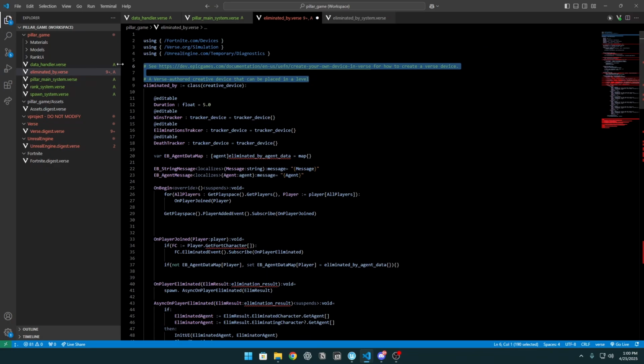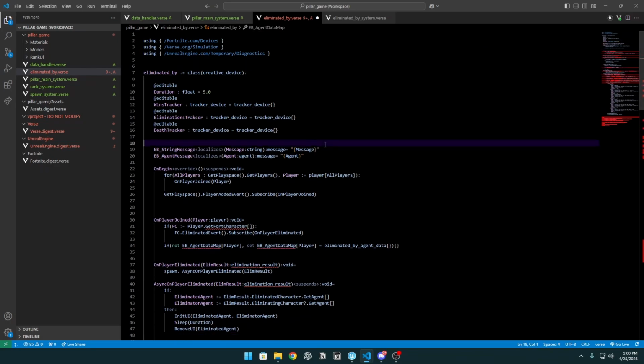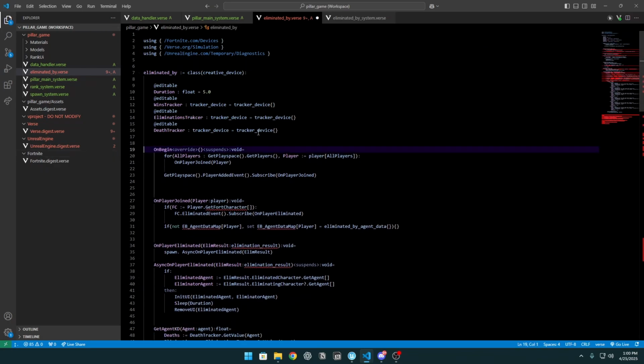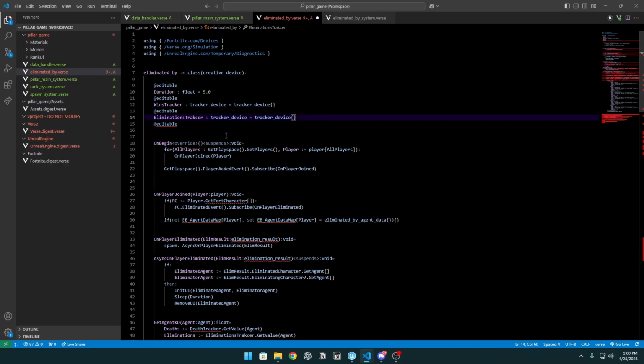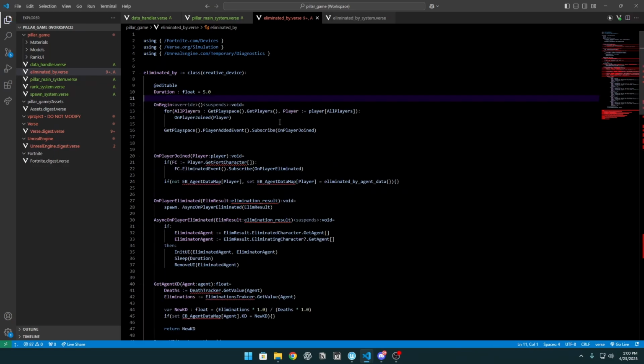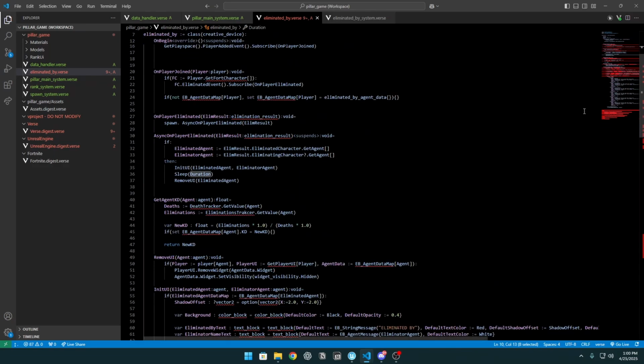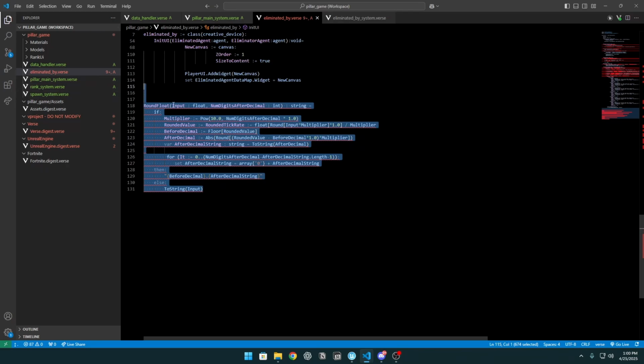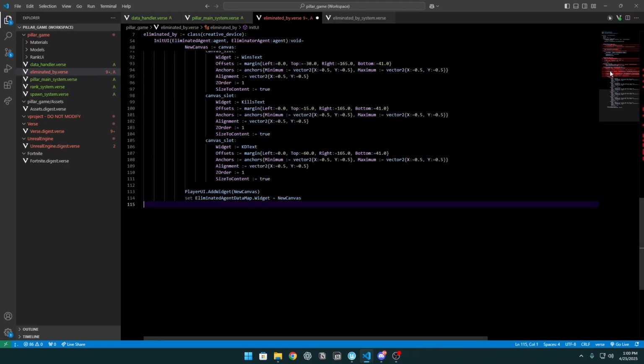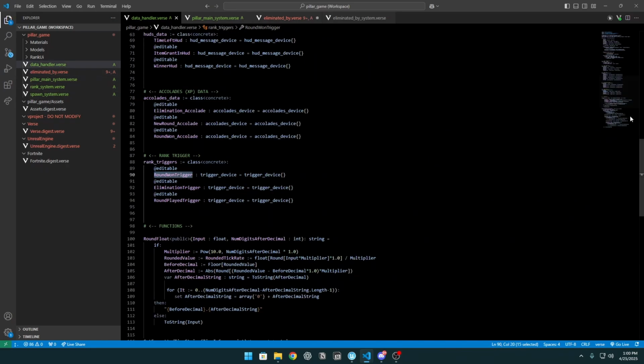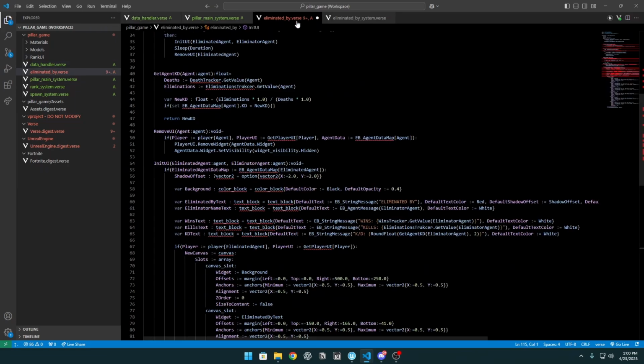Let's delete these comments, and delete this def tracker, delete these 3 lines also, we don't need that, only the duration, and remove this round float function, because we also have it in the data handler at the very top right there. Okay,